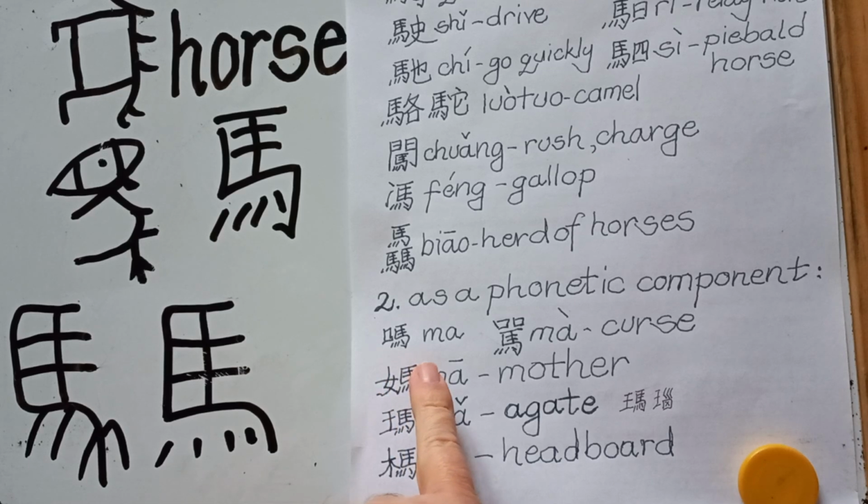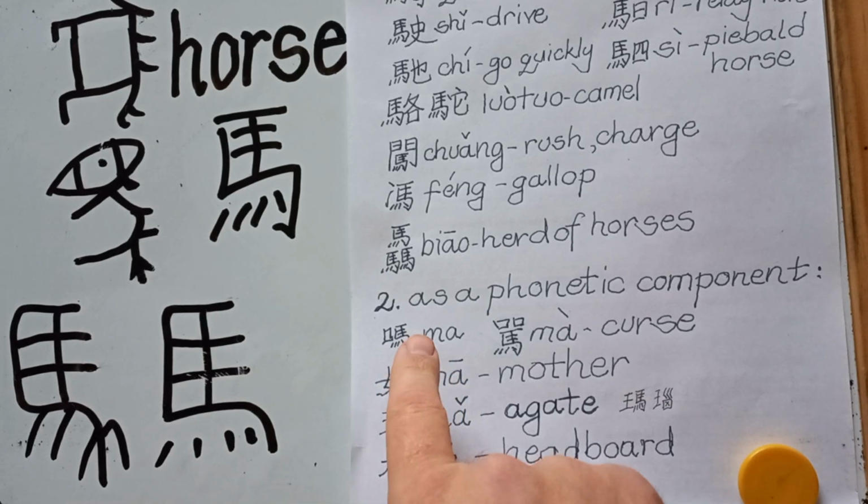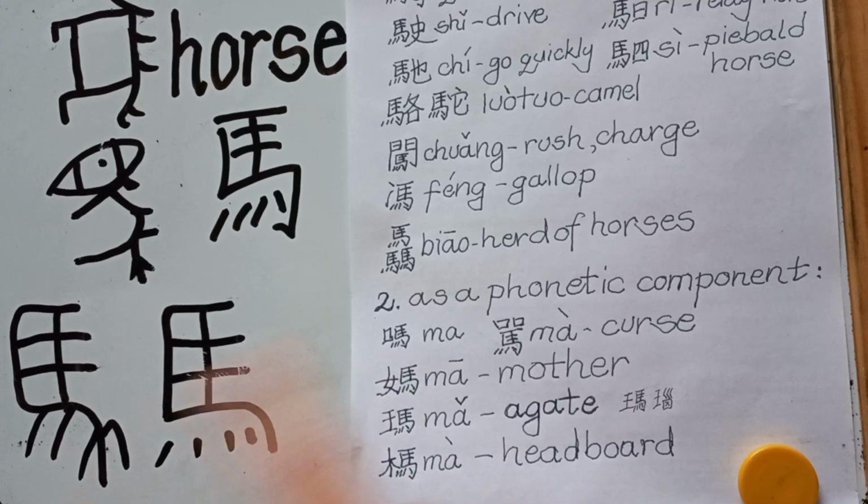Ma, where the tone is neutral, is the question marker, the most common question marker in Chinese sentences. So, example, 你是中国人吗？你最近还好吗？ Or 你会说中文吗？